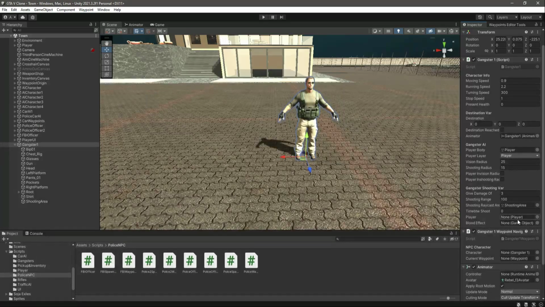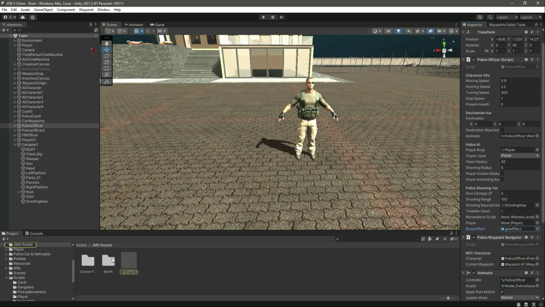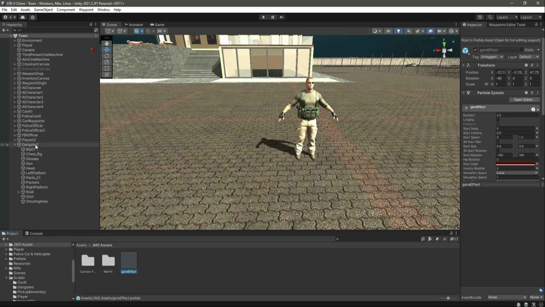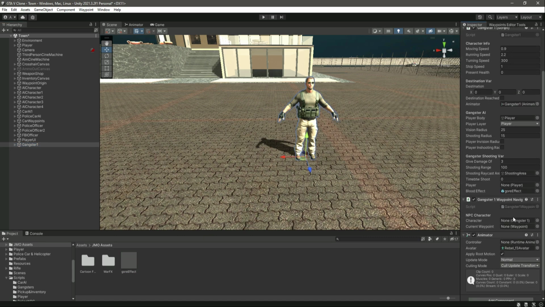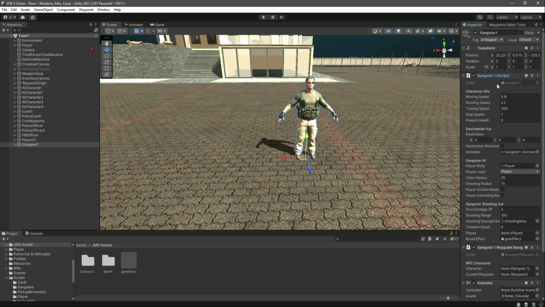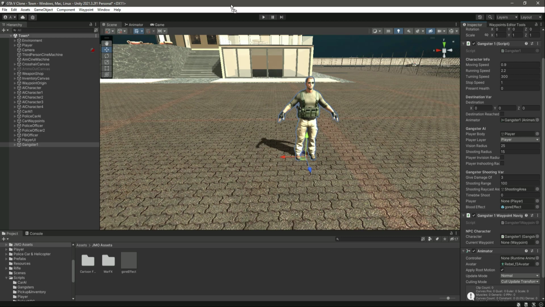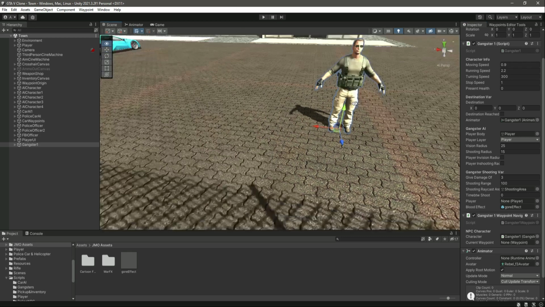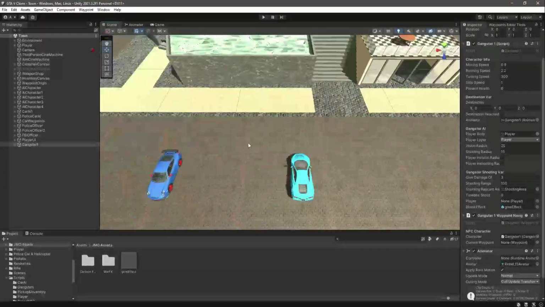After this, it needs the blood effect. So if you click on the police officer, as you can see, we have added the blood effect right there. So if we click on the gangster, let's drag and drop the blood effect in there. Now it needs the gangster 1 script, so add that. And now it needs the current waypoint. And as you can see right here, we don't have any waypoint,